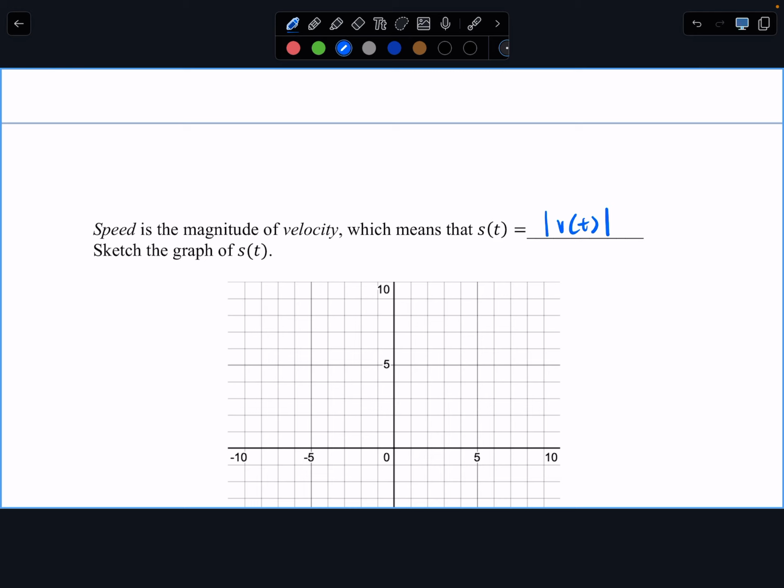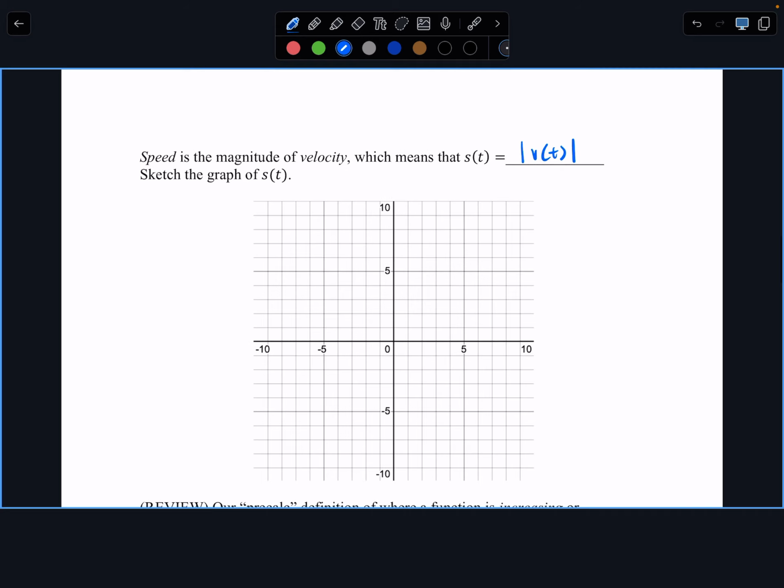If you take the absolute value of a function, all of the points above the x-axis would stay the same, and anything below the x-axis would be reflected